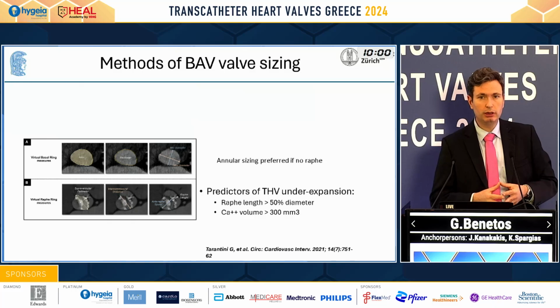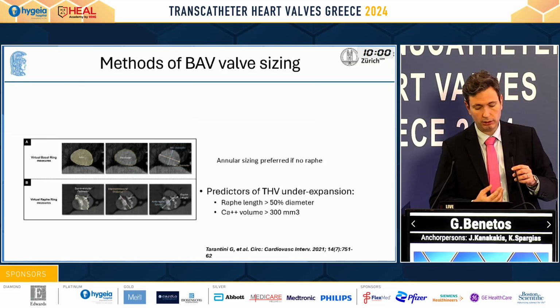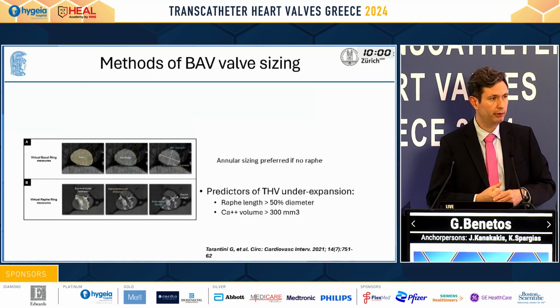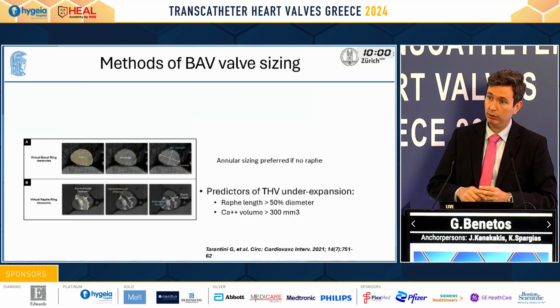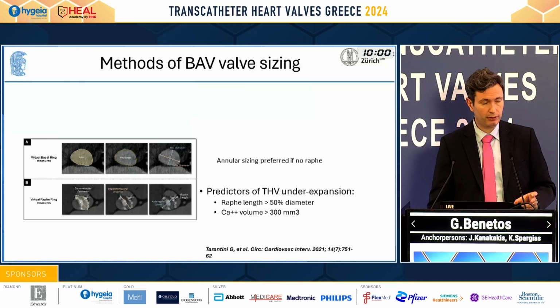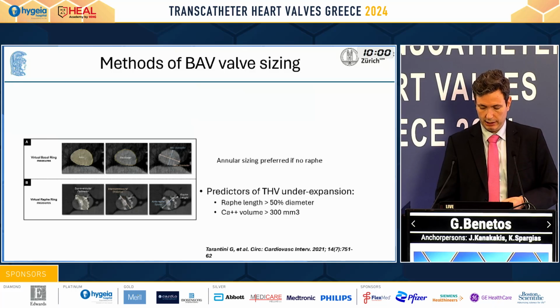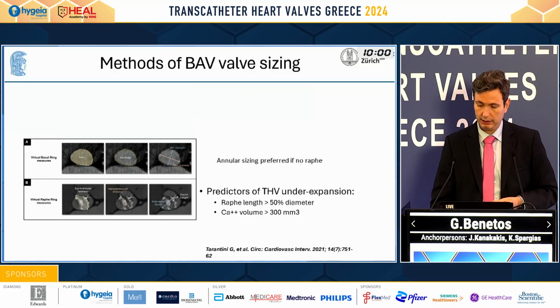It's suggested not only to calculate the virtual basal ring in bicuspid aortic valve, but also the virtual raphe ring, and also it's suggested that we measure the length of the raphe. If it's more than 50% of the diameter, or the volume of the calcium is more than 300 square millimeters, then we have to expect perhaps